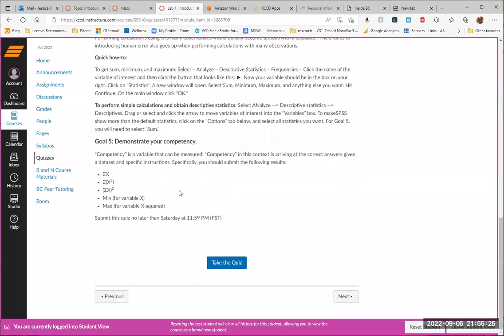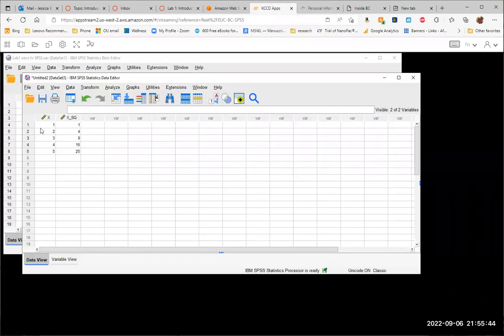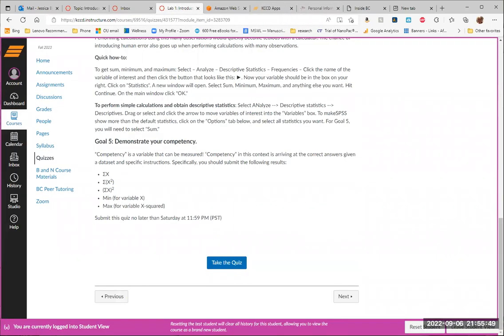In the student view, we're going to need to calculate the sum of x, the sum of x squared, and the minimum and maximum. The first two are very easy because we've created a variable x squared. To get the sum and minimum and maximum of these numbers, let's look at that again. We need to get this one and this one, and then the minimum for variable x and the maximum for variable x squared. Okay, so to do that,